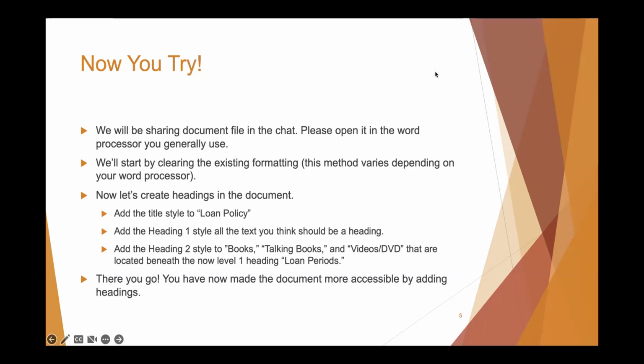If everyone can let us know what word processor you're using today, we can try and go through it, or what word processor you'd like to use today. We have pretty much every option available that we can try to do it in what everyone else is using.